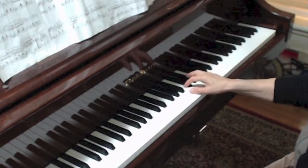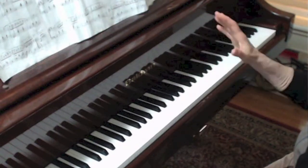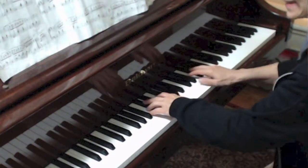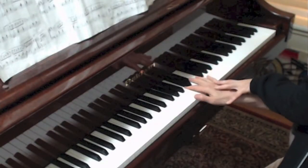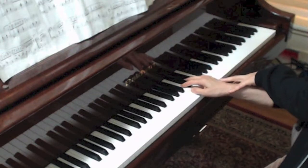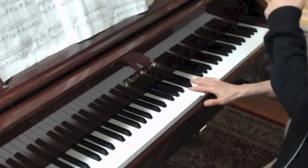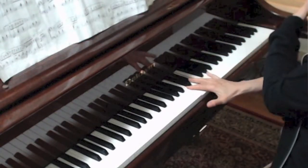Yeah, but you got to avoid the crashing thumb. It's easy for that to happen. That'll kill that line. Be careful when you get to right here, light thumb. Look how light the thumb is. Light thumb drag to G. Light thumb drag to